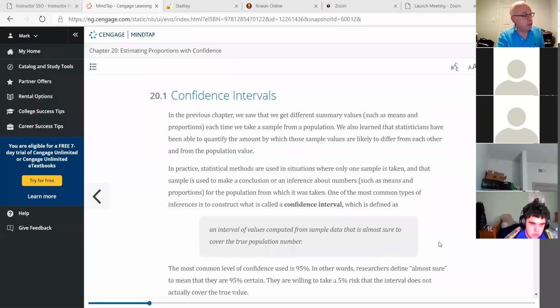Now, if you look at your syllabus, where it has information about what we're covering, in chapter 20, it just mentions 2 sections, 20.1 and 20.2. All right, 20.1 and 20.2. And the only things that I want you to learn from 20.1 and 20.2 is